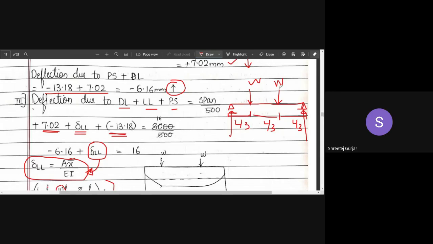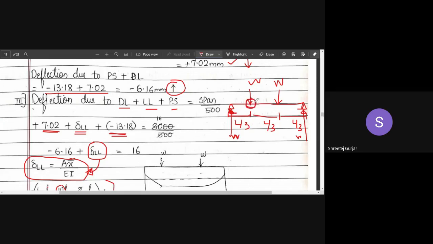It is a symmetric beam, right? So it will be nothing but W. Half of this load will go over here, half of the load will go over here. The total load is 2W, so half of it is W and W. So the reaction force is W, and then we have to find the bending moment at this point.